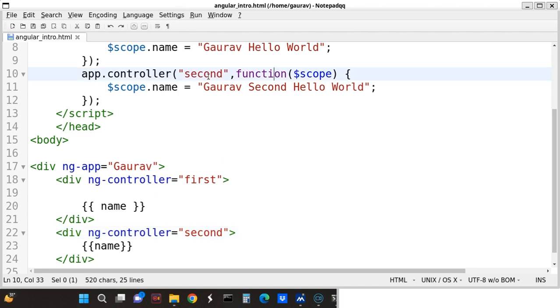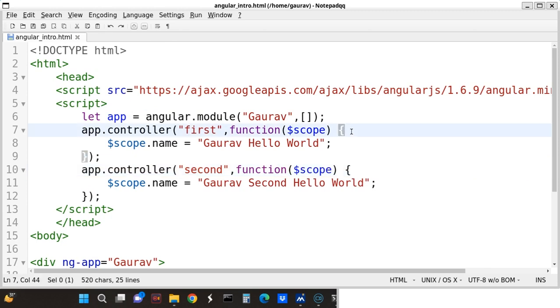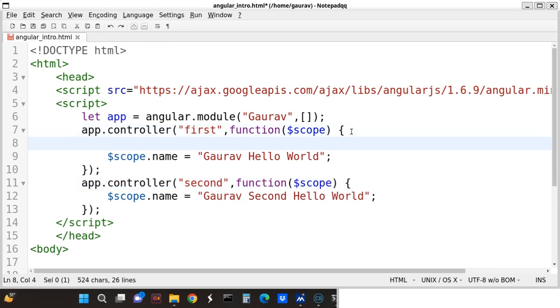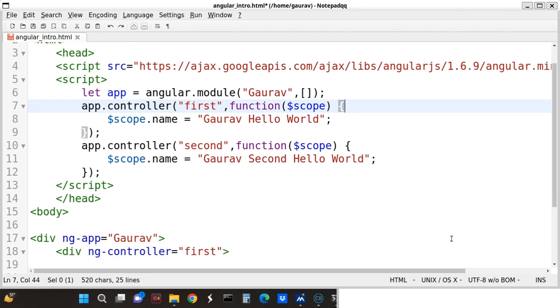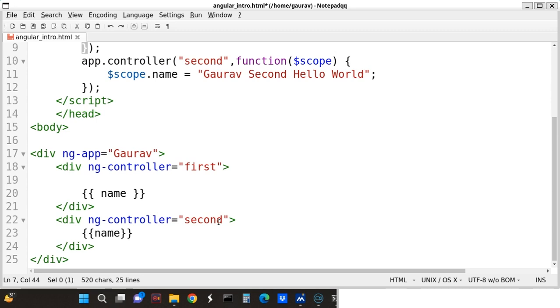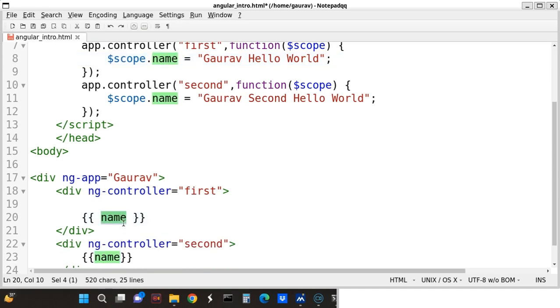Yes, we have understood, but what is the model view model framework? What happened here is that our model, that is scope, was bound to the view, and in